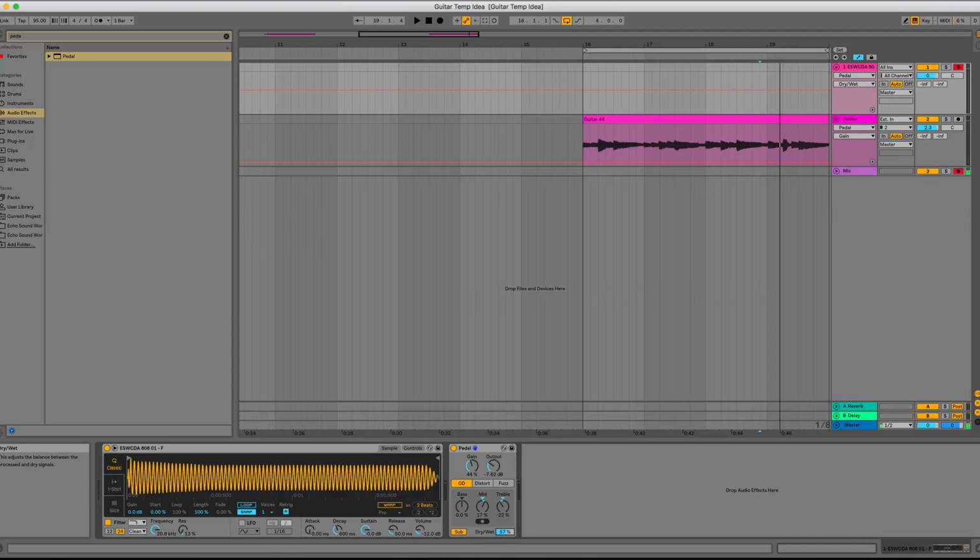But also this dry wet is really nice because then you can use distortion and fuzz and not have it overtake the sound. For instance, if I turn the dry wet up to 100% on fuzz, it doesn't sound like a sub or an 808 anymore, right? But if we turn the dry wet down to maybe about 20%,